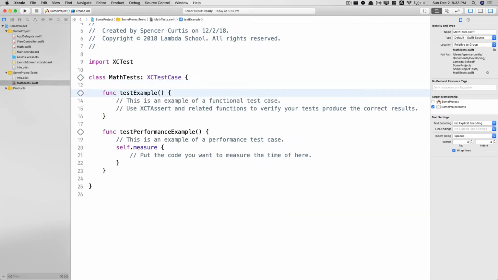This test example is just an example test that's empty. And you'll notice it has this diamond here with a play. That's representing a test. So the way that works is anything that you want to be a test in here, you put test before or as the very first word in the function, and then it knows that, okay,